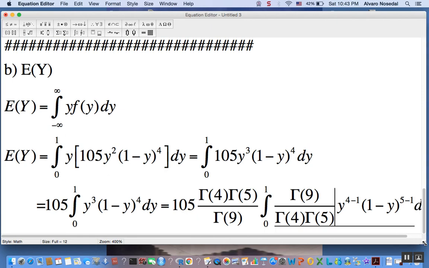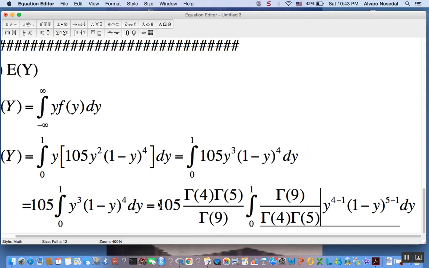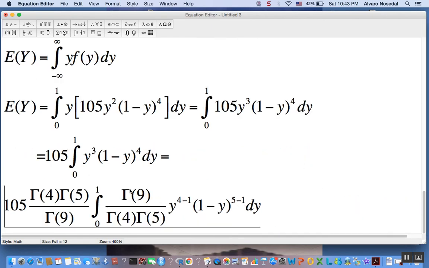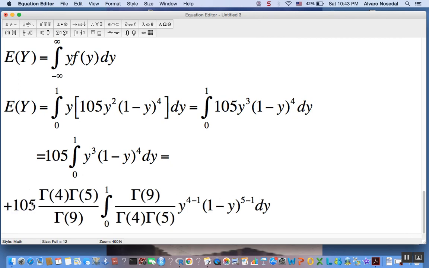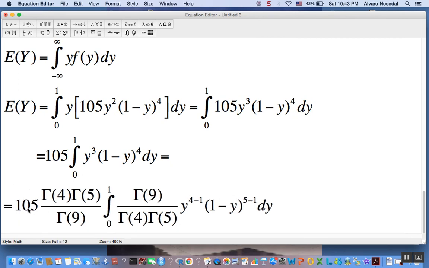The point is that now this inside our integral is just a beta. It's the PDF of a beta distribution with parameters alpha equals 4, beta equals 5. This integral is just equal to 1, and then we have